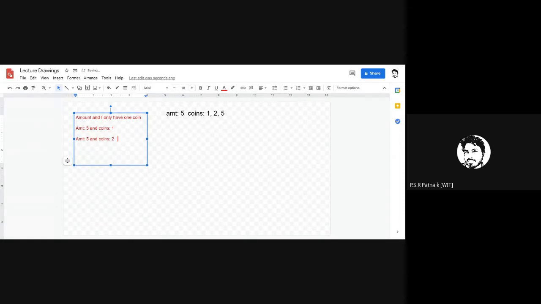So see, by looking at this, you can say whether you can realize an amount of rupees 5 just by using a 2 rupee coin. The answer is no here, right? You cannot realize that. But here the answer is yes. So what is that logic with the help of which I am able to tell yes and no? Can anyone give me a quick hint?